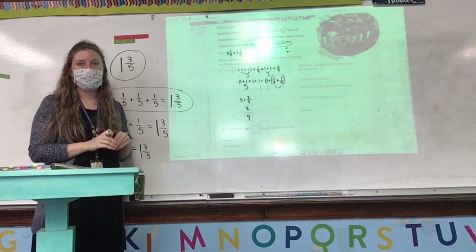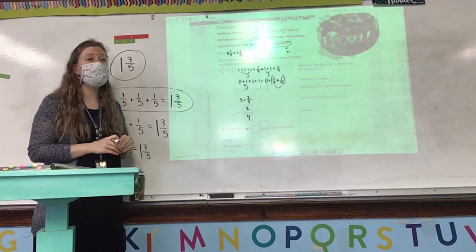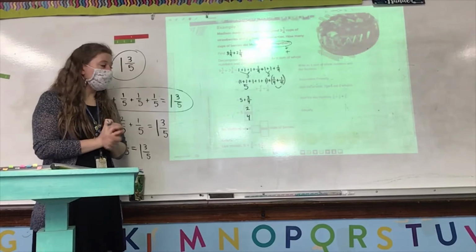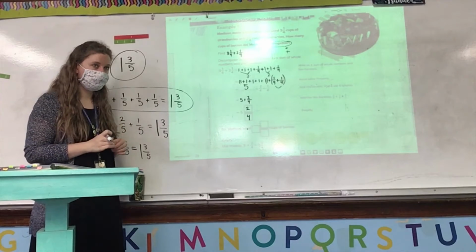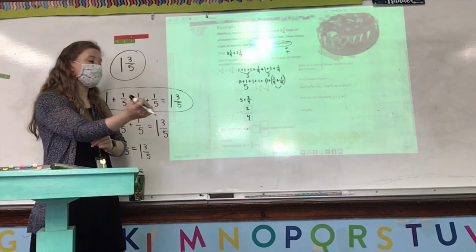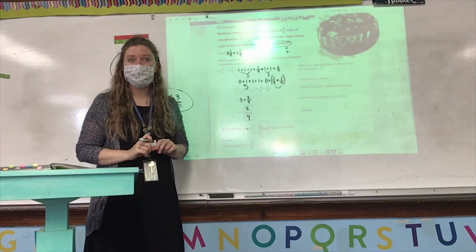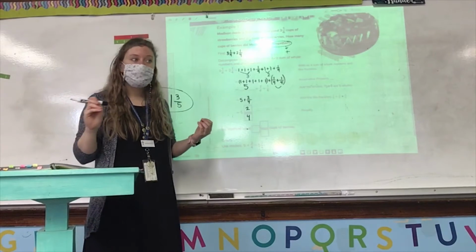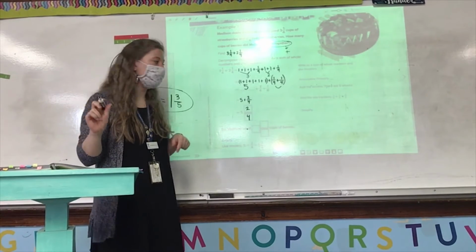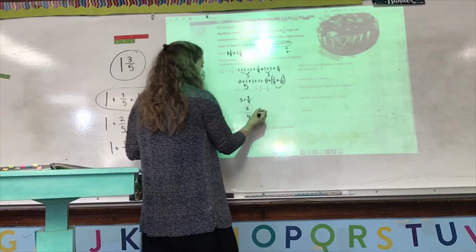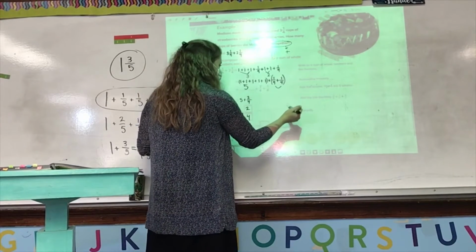What do we need to do now? Are we done? Carla? No, what do we have to do? We have to simplify. We have to check for simplest form. 2/4 is not in simplest form because they're both even. So there's our clue. So let's give ourselves space and list the factors of 2